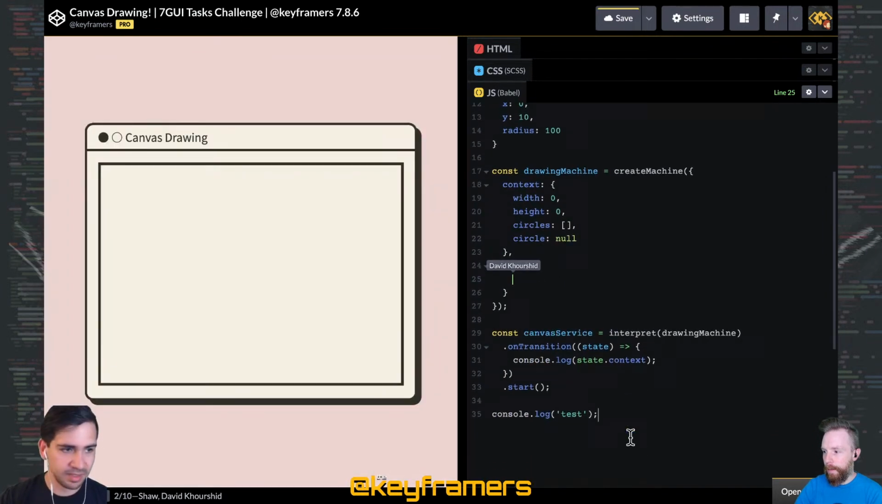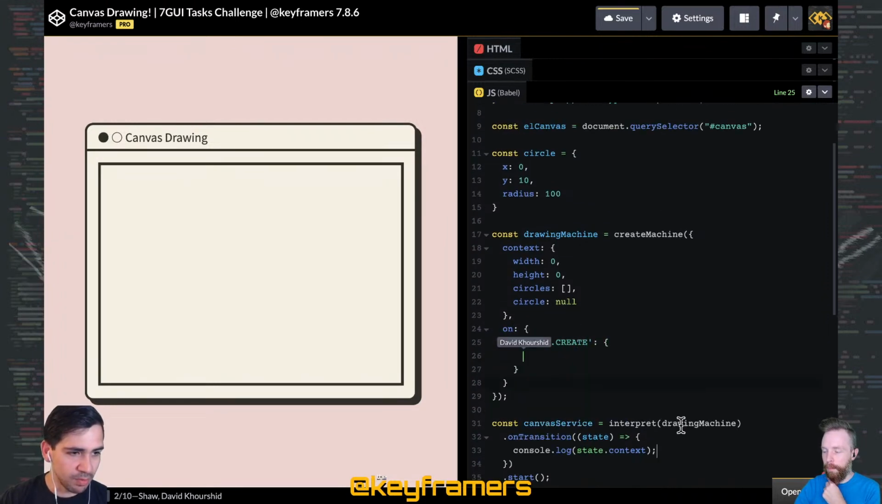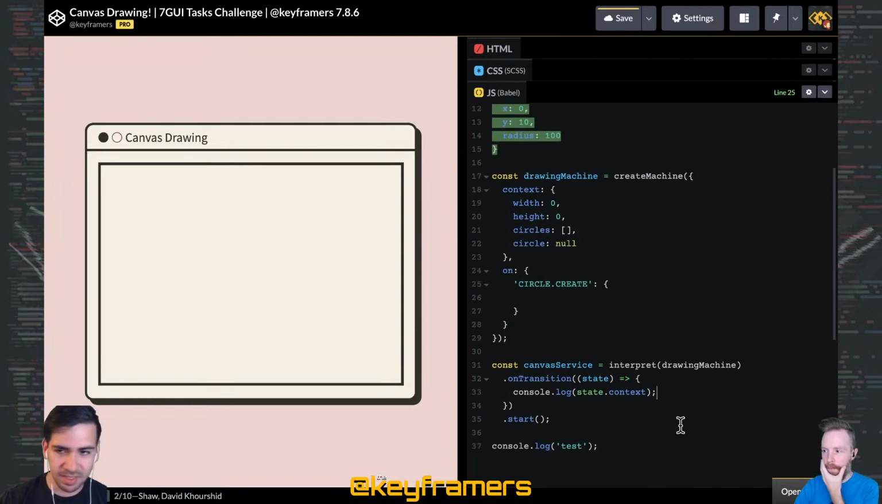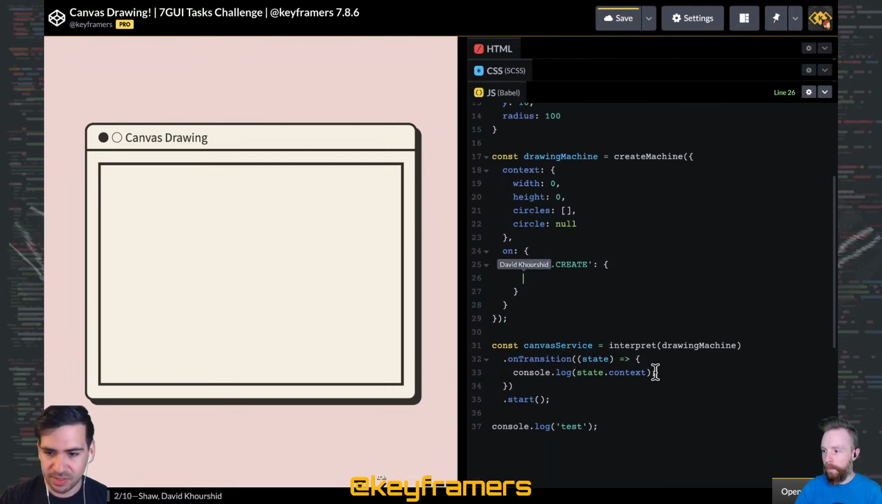So let's say on circle.create. And so I'm going to assume that this event basically contains everything we need to know about the circle. So it's going to have that X, that Y, and that radius. And so we could say